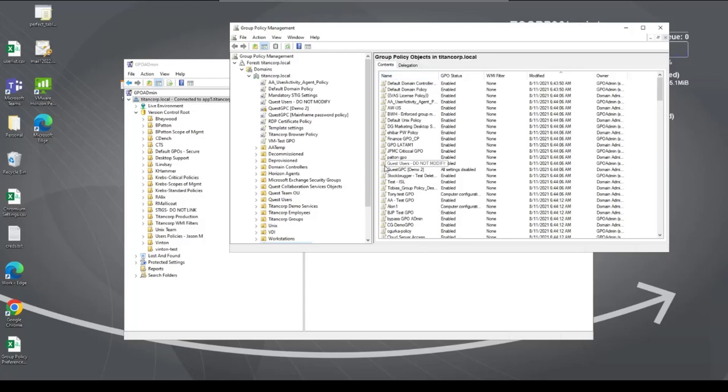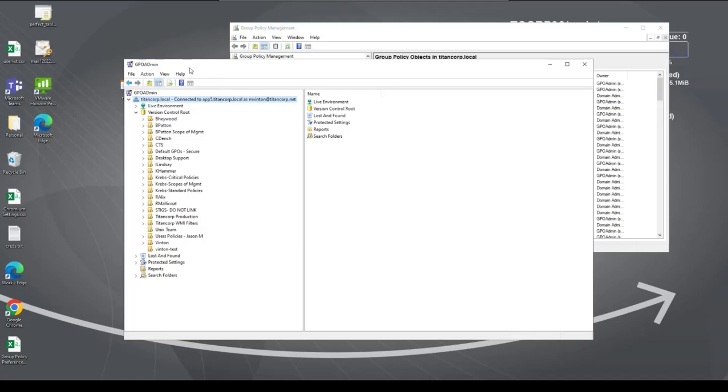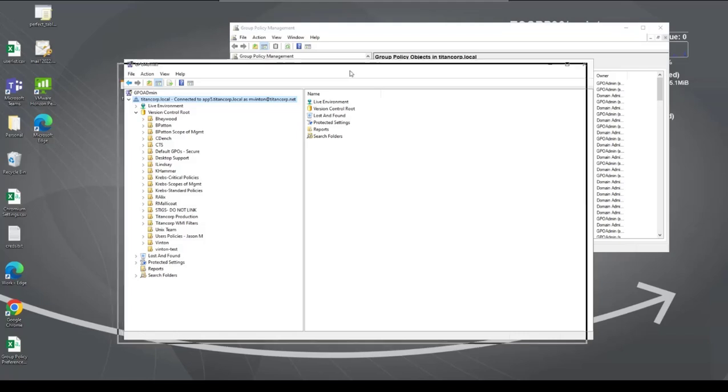The capability of the GPMC snap-in is significantly less than the full client. And that gap continues to grow version after version, which is why, I realize, we have it to support customers that still leverage it, as it's been around for quite a while. But for any new implementations of GPOADmin, I highly urge just not even installing that and going straight to the GPOADmin full client to get the full capability, because there's just too many strange things with the